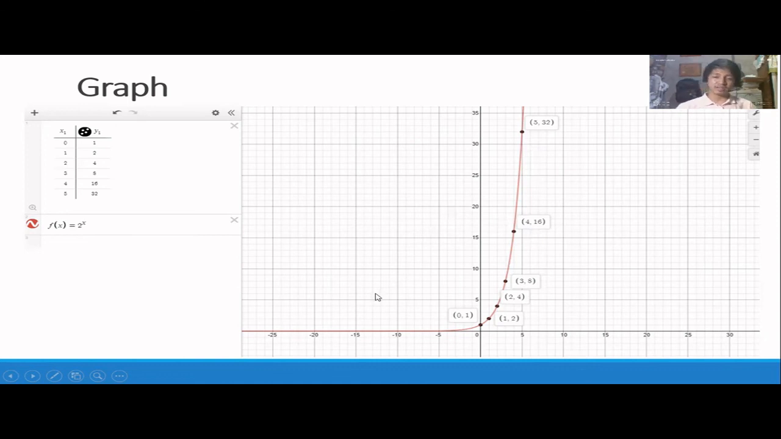Okay, so again, if you are going to represent graph, pwede kayong gumamit ng Desmos application sa phone, and then you can also search it into our web browser. Just go to desmos.com. So it is a graphing calculator, and it's also a features scientific calculator. Okay,